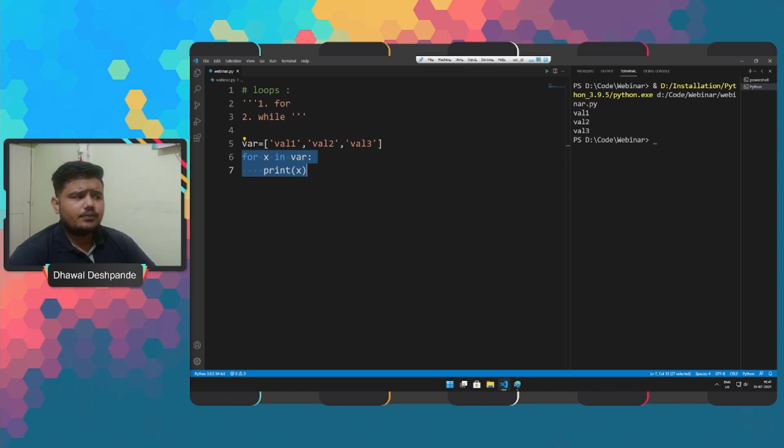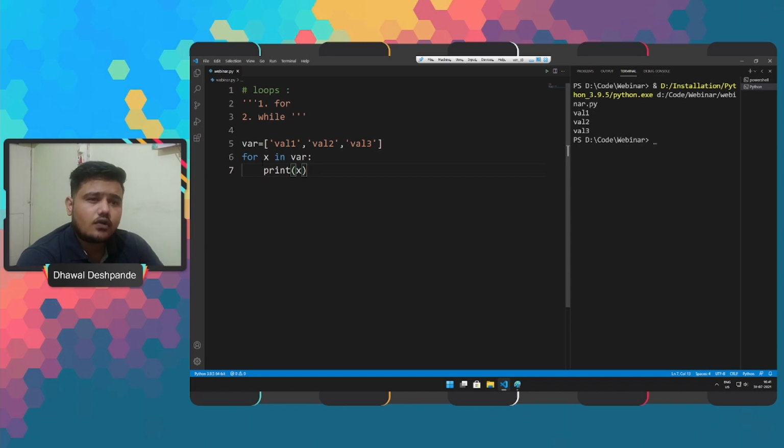Let's say with the for loop there are n number of variables, and we have to stop the working of the for loop after a specific value that we gain. For that we use break statements. With the break statement we can stop the loop before it has looped through all the items.